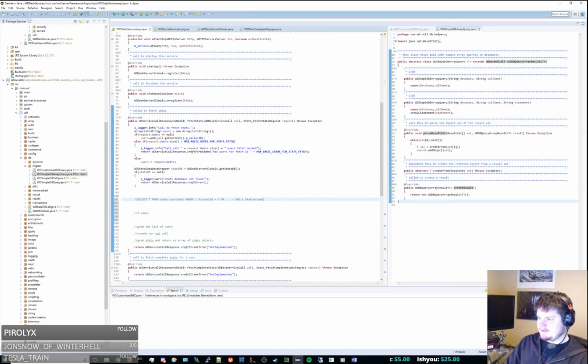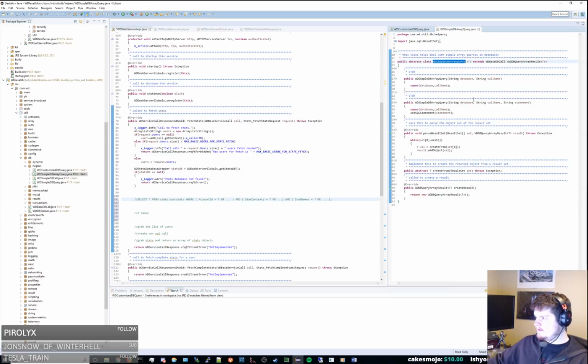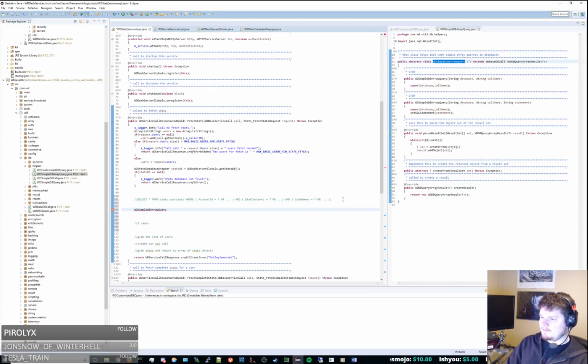I mean, this is going to be or here actually, and stat context equal, and then stat names equals question mark. So that's going to be our statement. So we probably should just do a simple DB array query, which is going to be stats. So this will be stats underscore